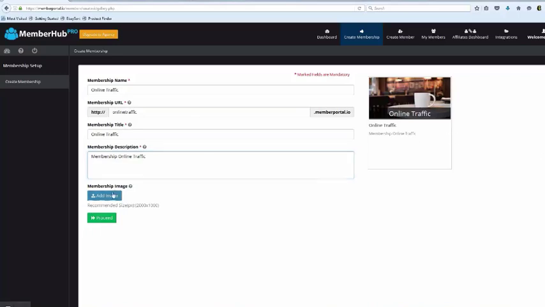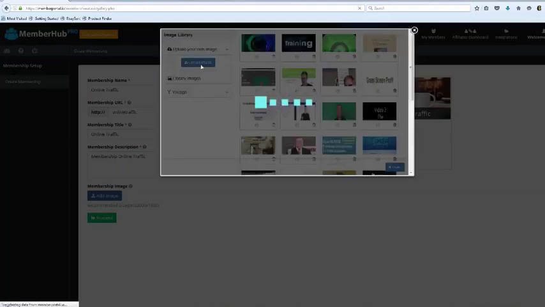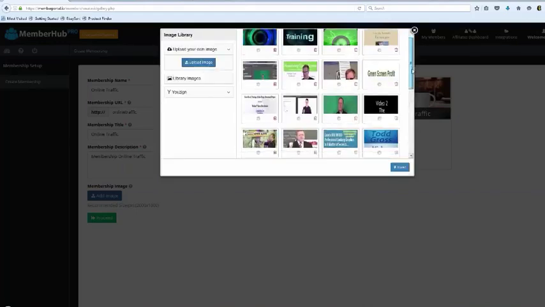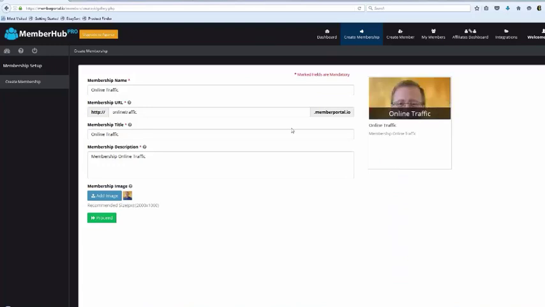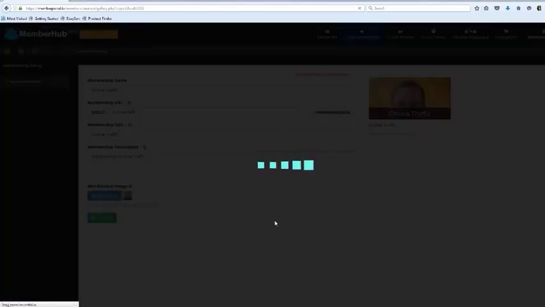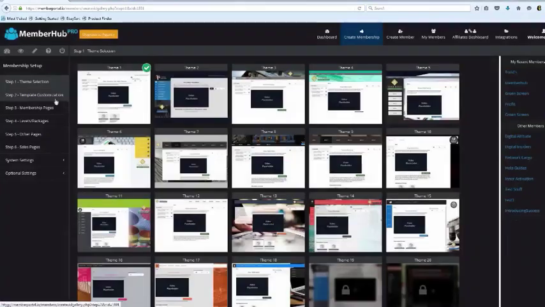So I come over here, and I go ahead and swap out this image. Now I can pull in my own images. You can see that we've got a lot of Todd's images here. So if I just go ahead and pull in this one right here, okay? I'll say insert, and you can see that it's changed out right here, okay? I'll go ahead and click proceed, and now we just went and created a membership, okay? And yes, you can change that afterwards. Everything you can change on the fly, okay?